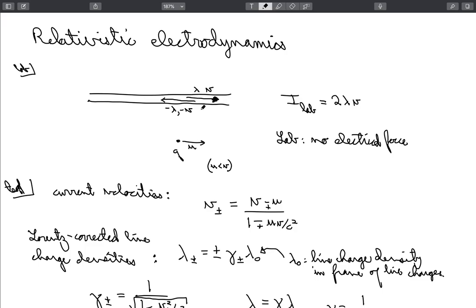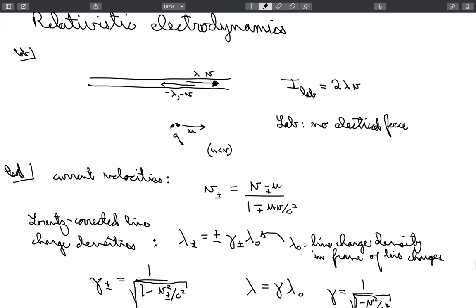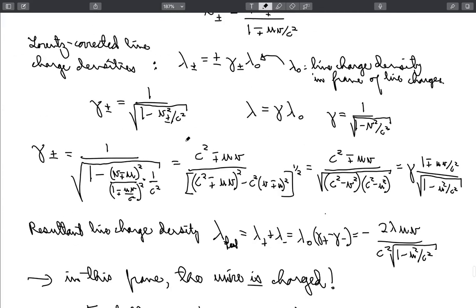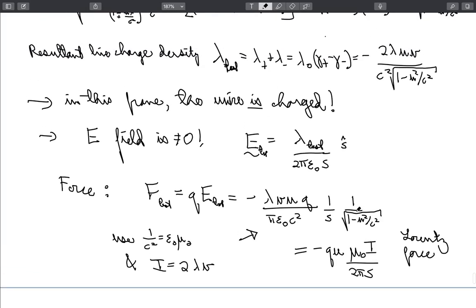The current's non-zero, so by Biot-Savart there's a magnetic field which gives through the Lorentz force a force on this one. In the frame of the moving particle, however, the Lorentz force is exclusively due to the electrical field because the velocity is 0, there's no magnetic part to it. But then, because of the Lorentz contraction in that frame, the electrical force is not 0 and precisely corresponds to the original magnetic force in the original frame. Okay, so that's how it all adds